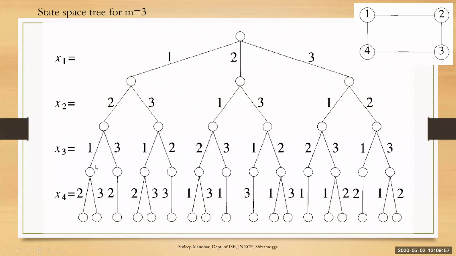solutions. That means, see here, in this step, while coloring vertex number 2, it cannot be colored with color number 1. So we have not written color number 1 vertex here, and we have not put a cross mark. If we put that, it will be a very big tree, and it will be a mess. It will not be very neat. For that purpose, only feasible solutions are written in the state space trees.